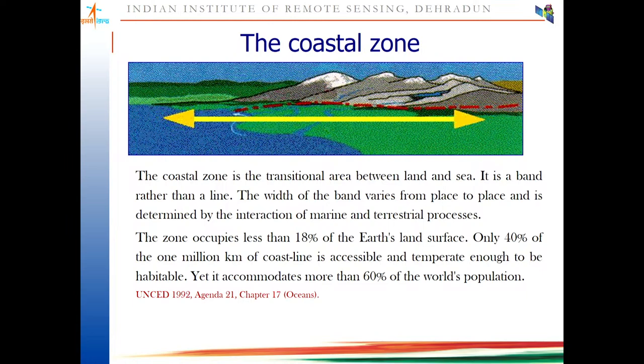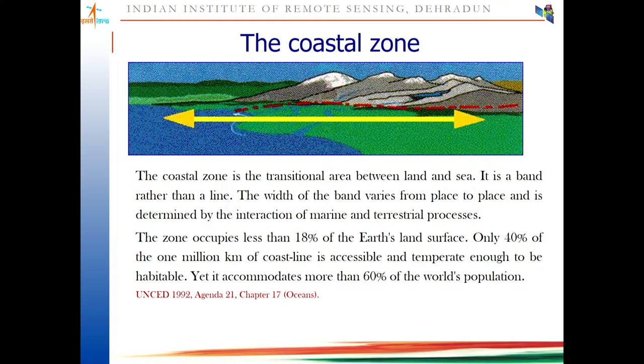The width of this band, or this coastal zone, varies from place to place and is determined by the interaction of the marine and the terrestrial or land processes. That means everywhere the width of the coastal zone is not the same. It depends on how the marine processes and the terrestrial processes interact with each other and which one is